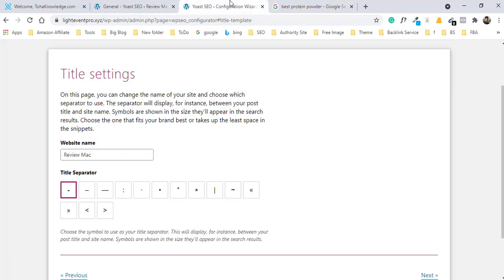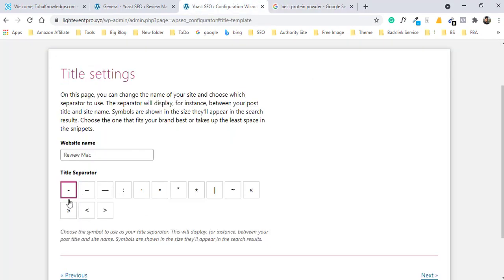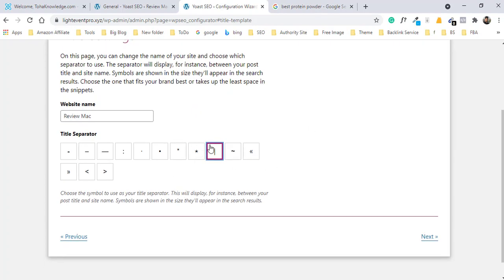So this is the option you can select. I select this option. Here you see this is the separator, or you can use all other separators. This is a good separator, and everyone will like this type of separator, that's why I select this one.